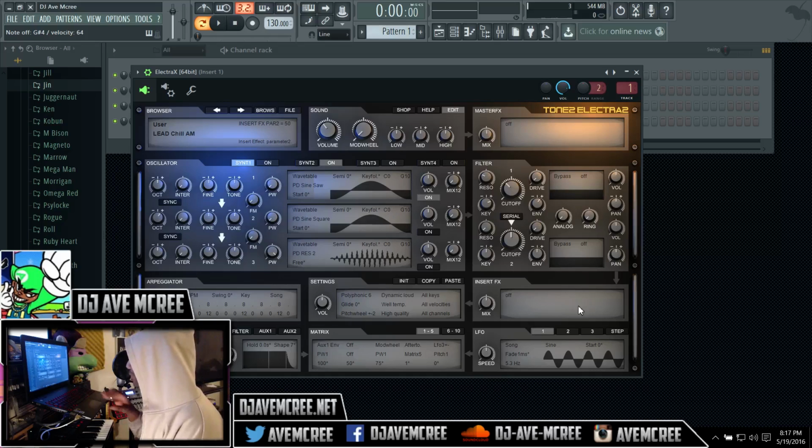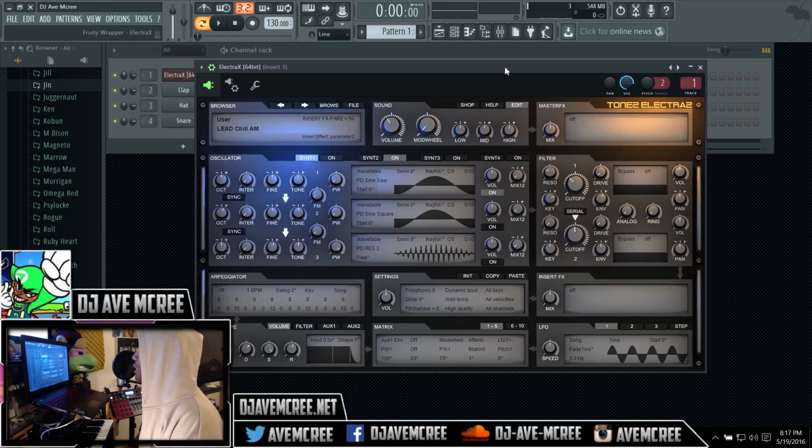But anyways, Electra 2 is a multi-timbre, multi-layered synth, and you can do many things with it. And I will explain in this overview what you can do and what the different parts are. So starting off with this part right here,